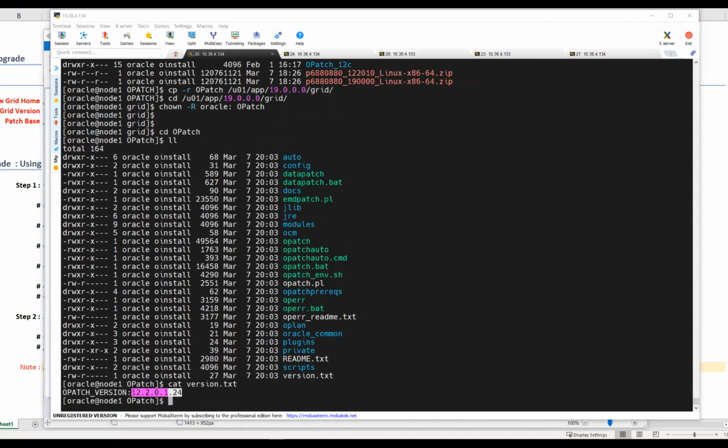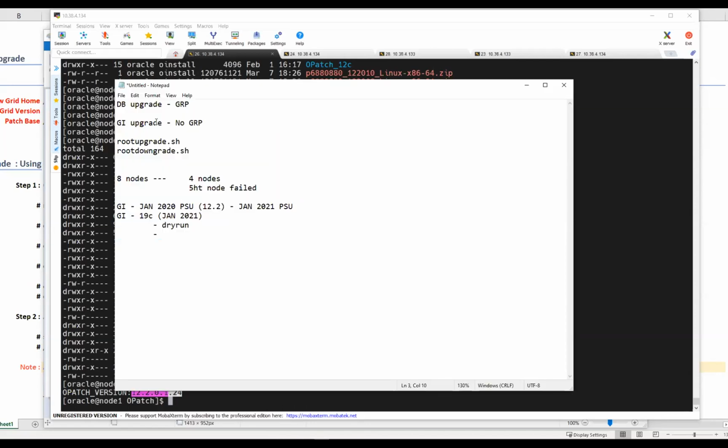That's what I told you, right? One of the best recommendations is, when you're dealing with your GI upgrade, either you have to roll forward or you have to roll it back. So there is no way, like how your GRP works, right? With your GRP, you can stop everything in the middle, start your database, and alter database, and you can go to the guaranteed restore point.